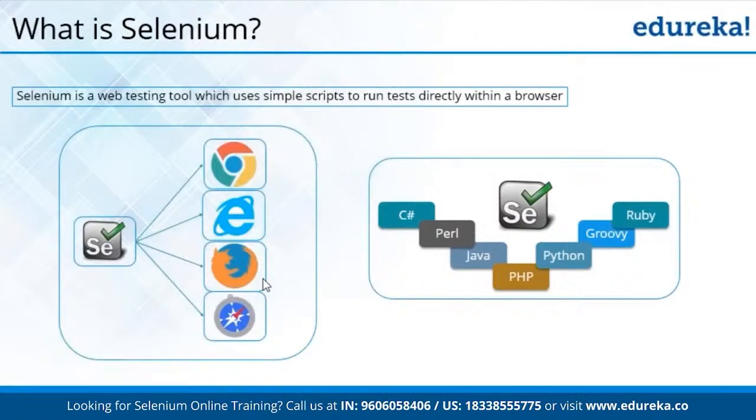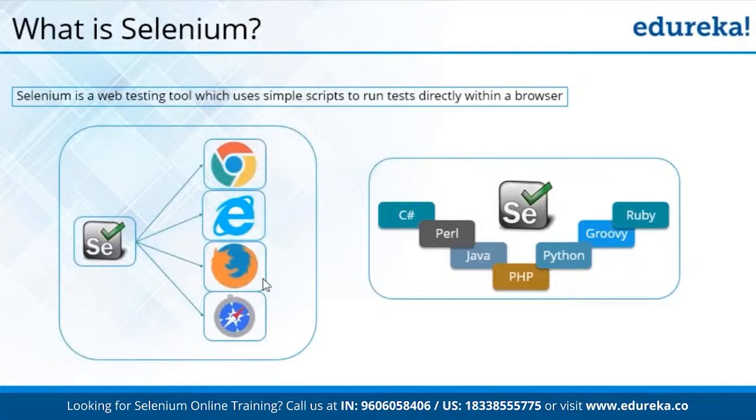Selenium has 4 components. One is Selenium IDE, which helps to record and playback. So Selenium IDE helps you to record and playback the recorded steps. Then you have Selenium RC, which is called remote control. Selenium RC is one of the tools which helps you to work with multiple operating systems and multiple programming languages, but